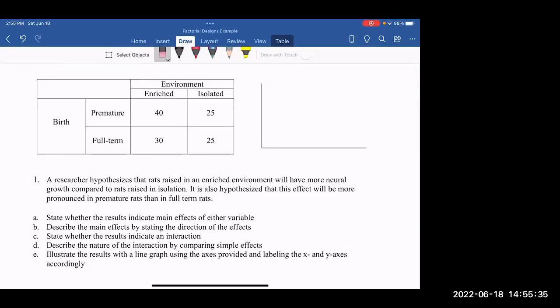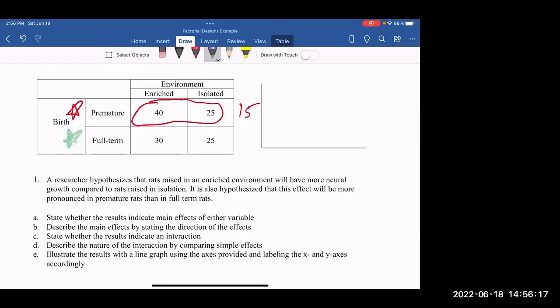Well, let's start by looking at the difference between the two levels of environment just for premature rats. So we're just looking at premature rats here, and this is our main difference. Okay, so for premature rats, there is a 15% difference. Okay, compared to, now we're looking at